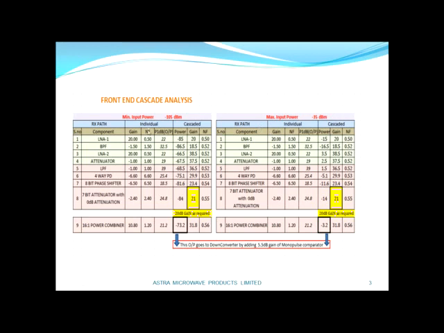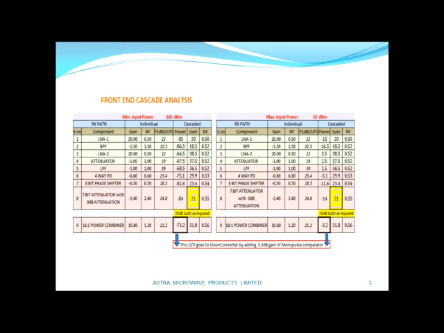There are many tools available for cascaded analysis, like Excel sheets or readily available online tools like ADI SimRF or Hittite RF tool, and I preferred to do this with a Microsoft Excel sheet.